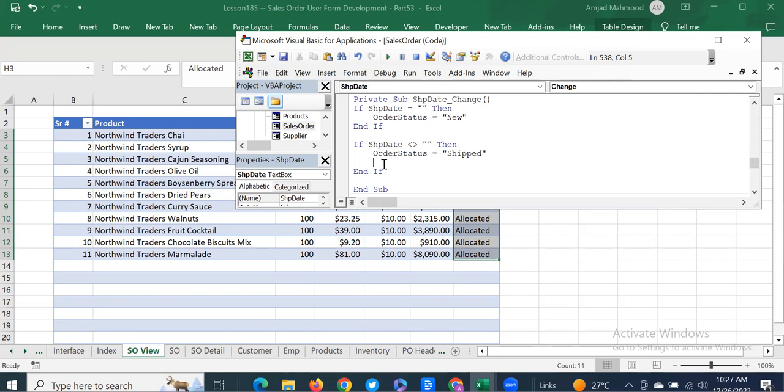So the good thing, it's very easy. You can say Sheets as a view, SO view,